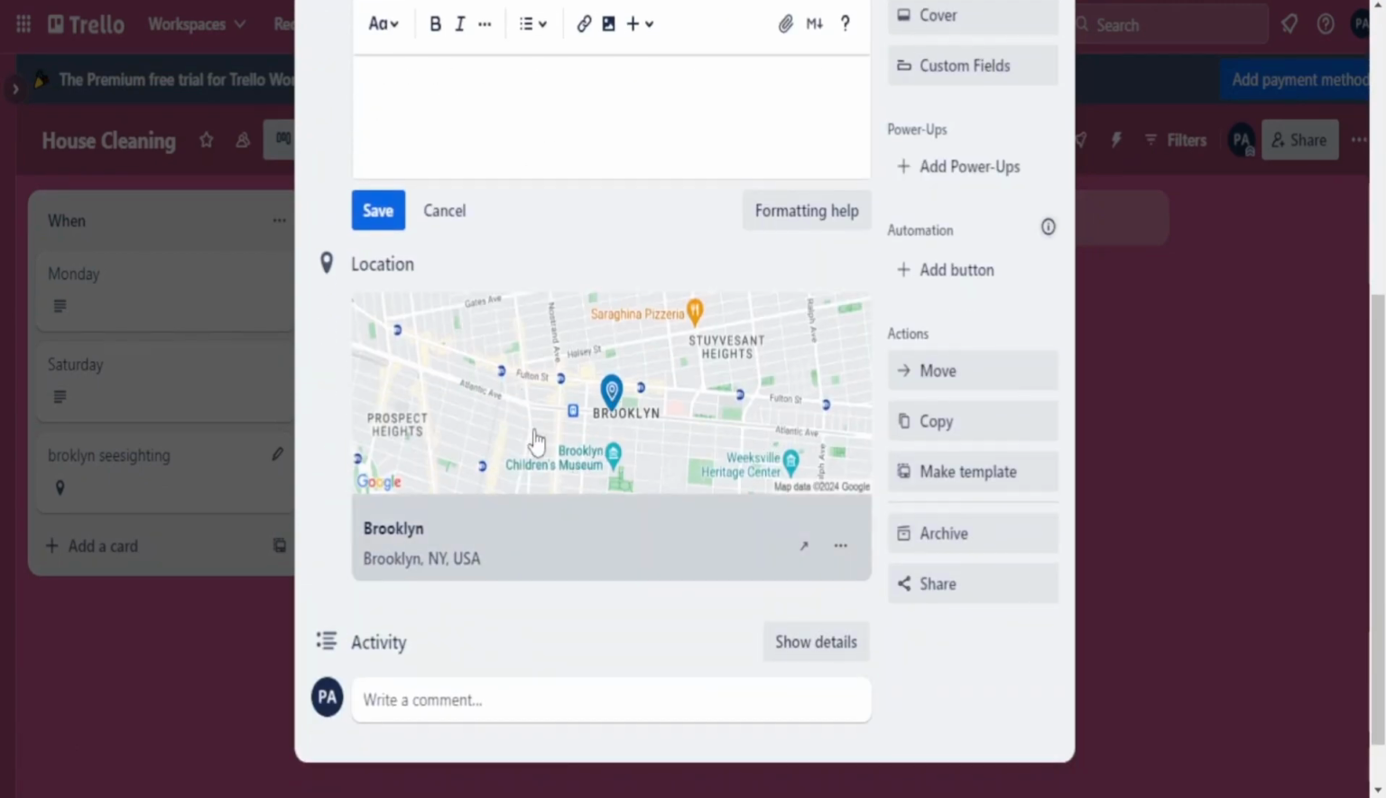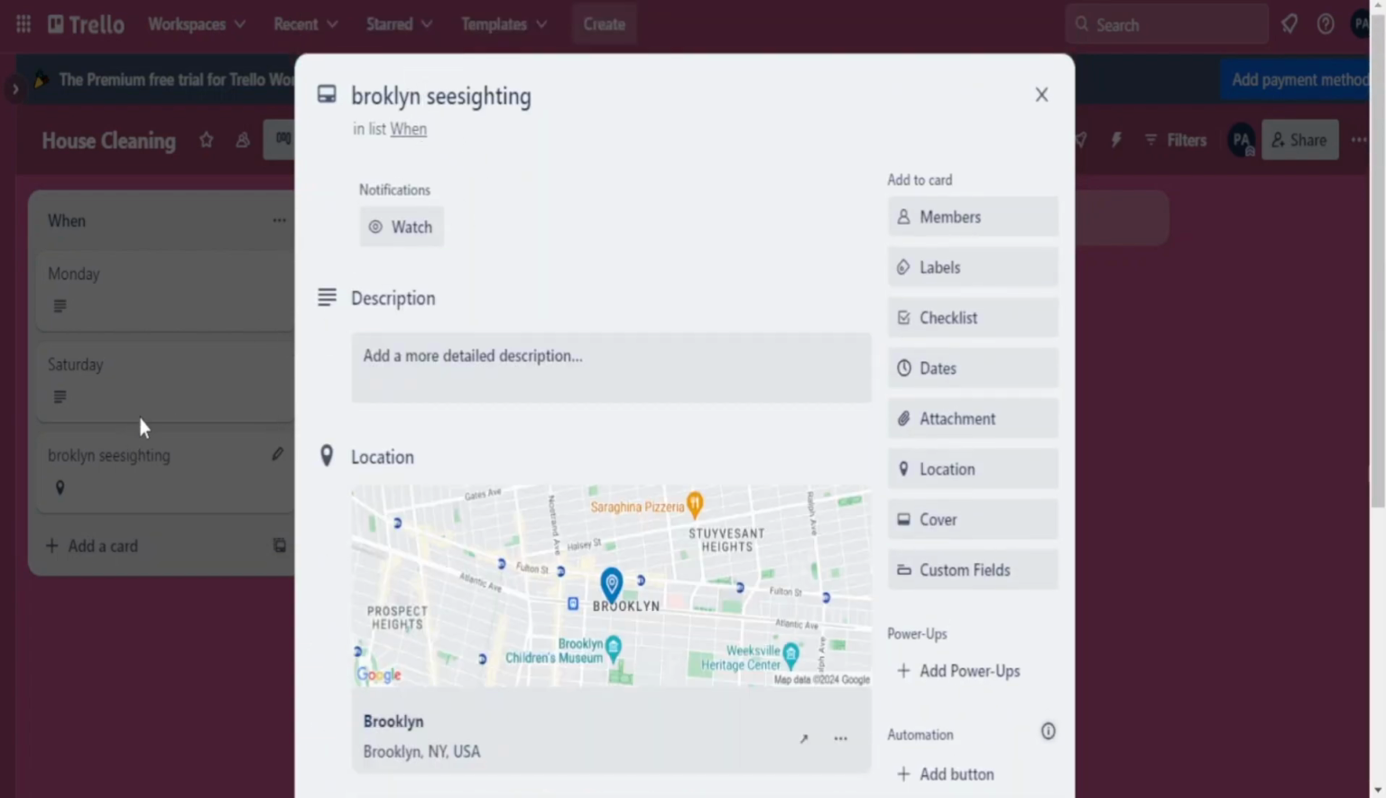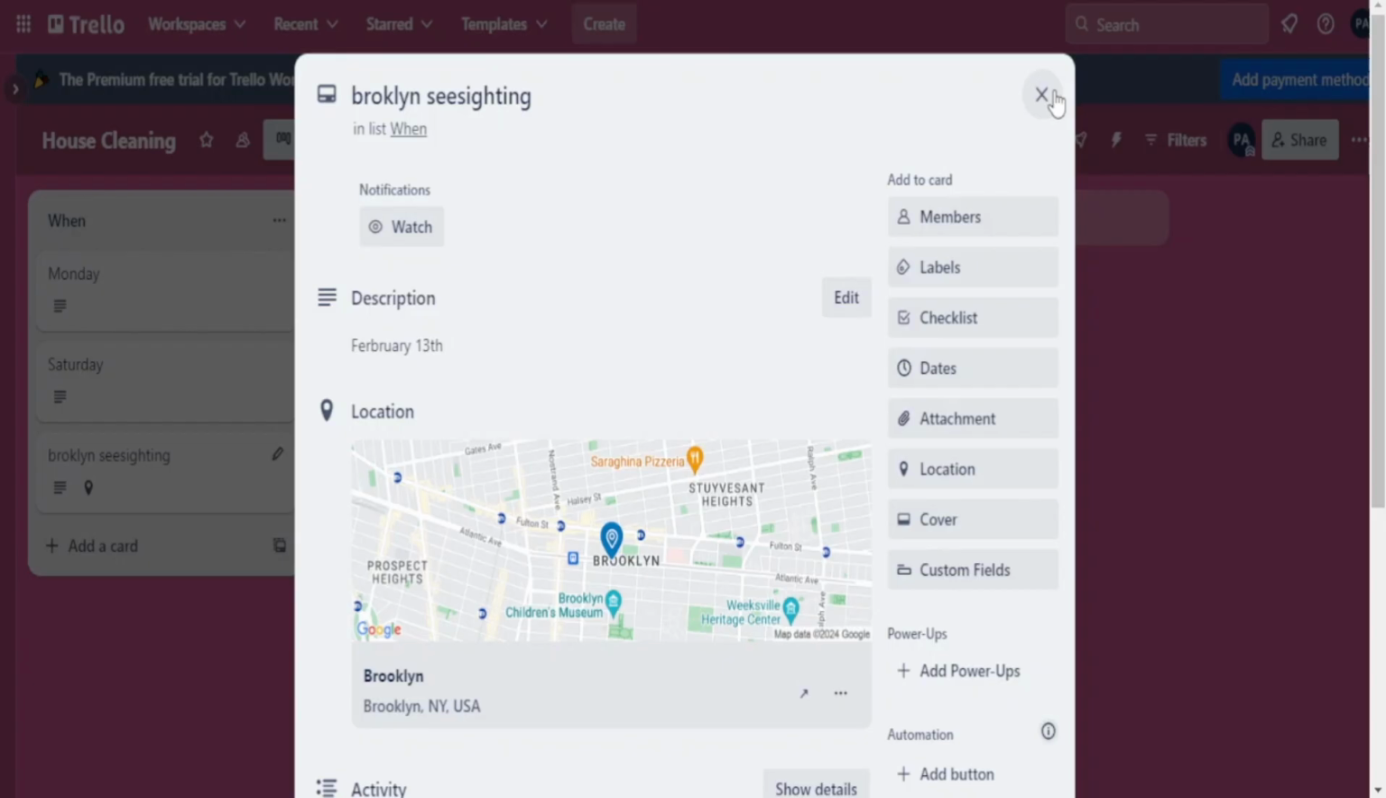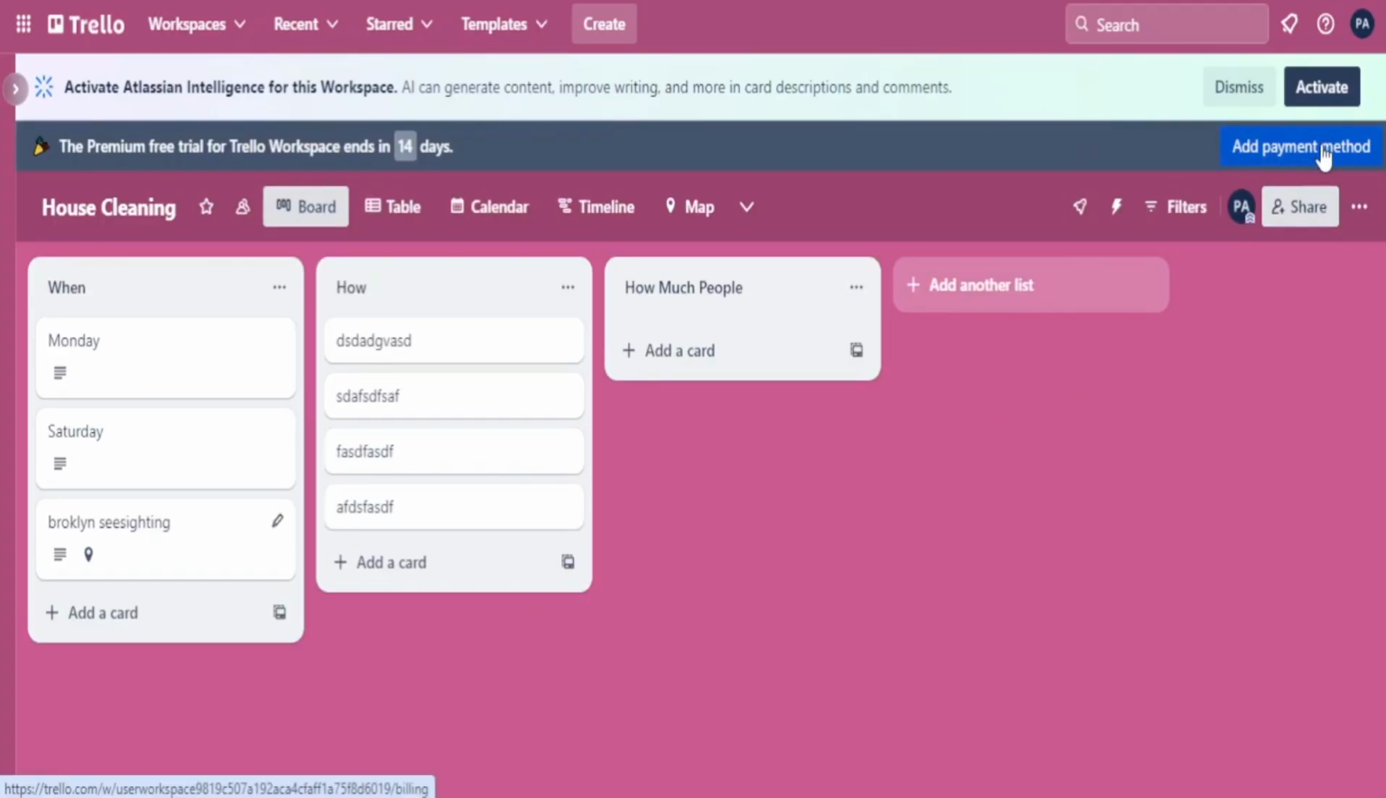You can see here that it is in Brooklyn sea sighting, and we can add description like when, we can say February the 13th. And yeah guys, so